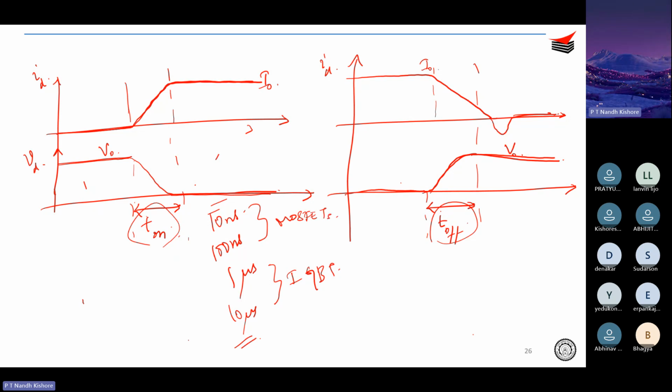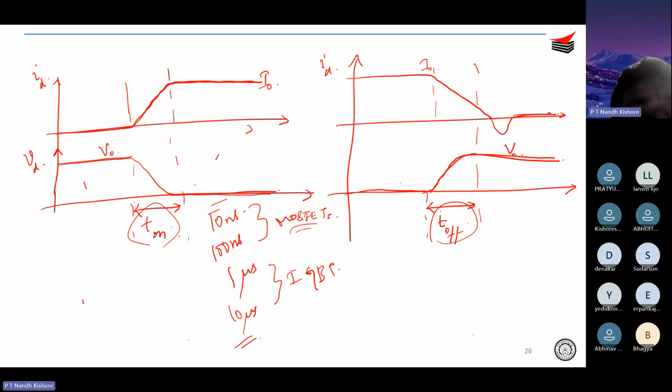For MOSFETs, you will see turn on times of the order of tens or hundreds of nanoseconds, or for IGBTs, of the order of a few microseconds. And as I was explaining earlier, the reason is that MOSFETs are majority carrier devices, so they can turn on and turn off faster. IGBTs are minority carrier devices, so you have something called a tail current, which means that